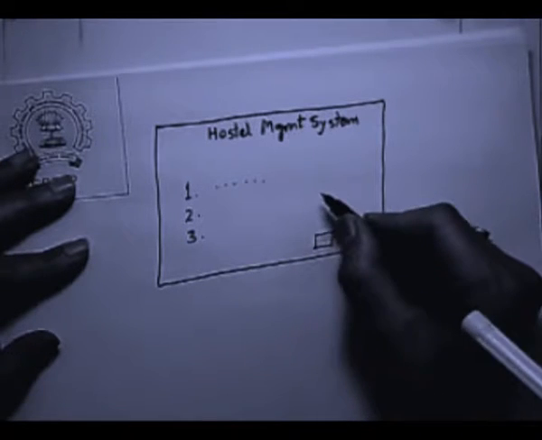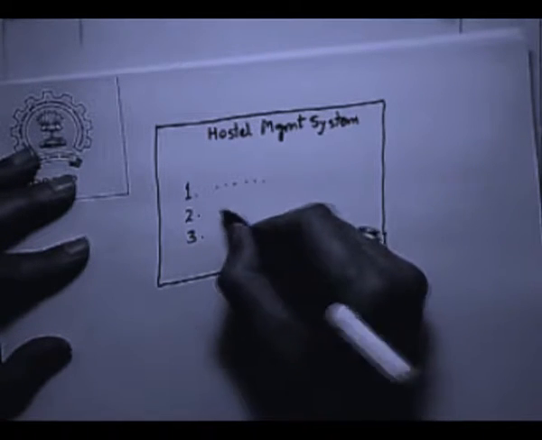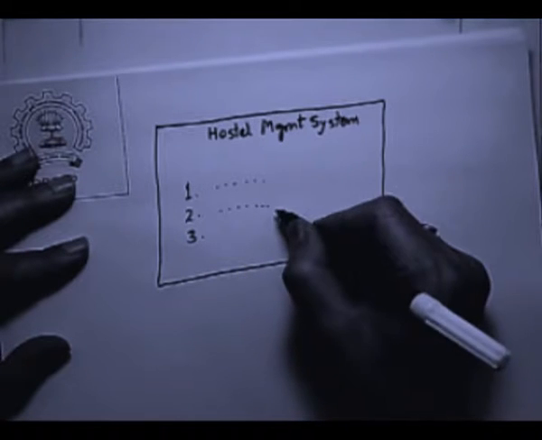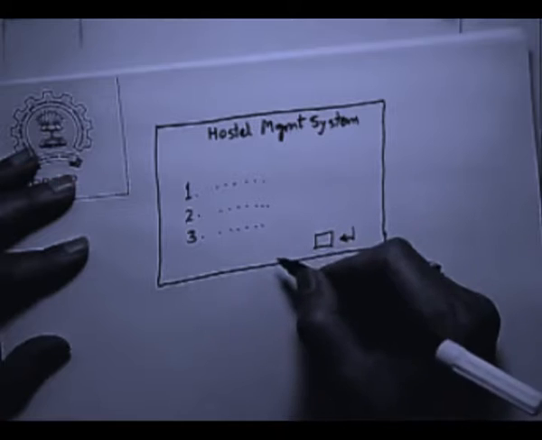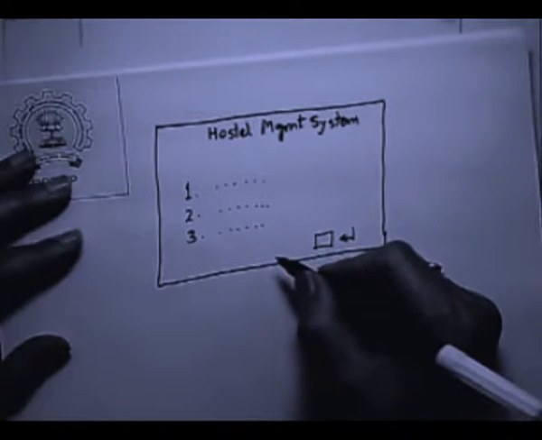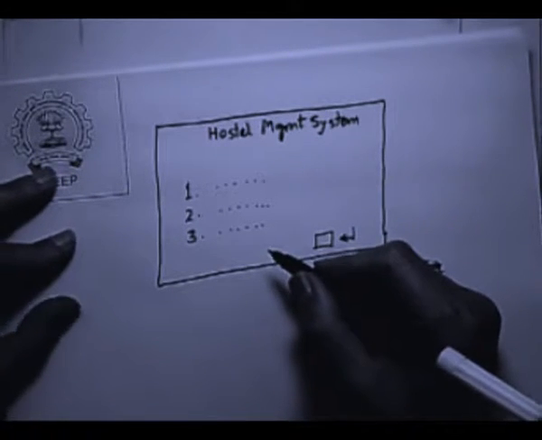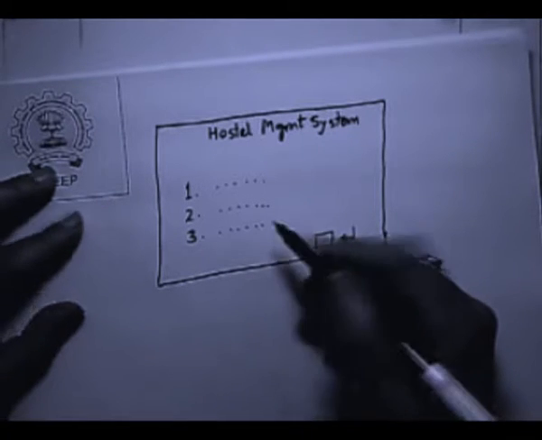So search for students in the hostel. The second one will say give me the mess bills of the last 5 months. The third one might say get me the canteen bill, whatever. In fact, if there are multiple things that the information system does for you, the menu choices will